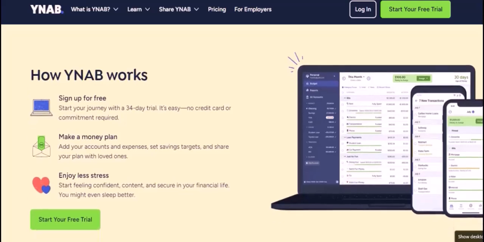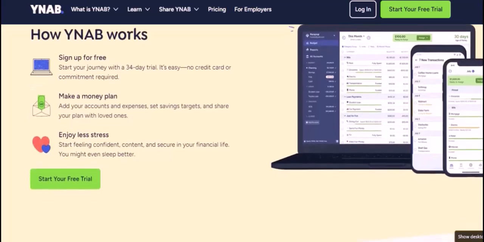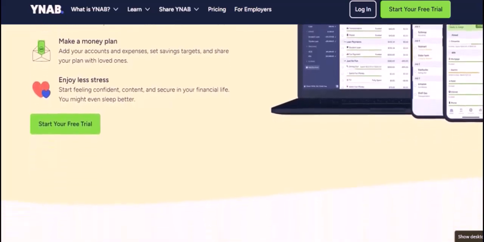Entering cash transactions in YNAB may seem a bit daunting at first, but it's a crucial step in effective budgeting. By following these steps and using the tips I've shared, you'll be able to manage your cash transactions with ease. Remember, the goal is to have a clear picture of where your money is going so you can make informed